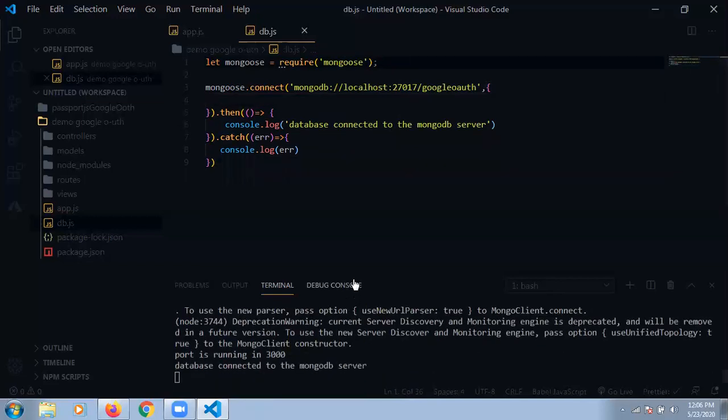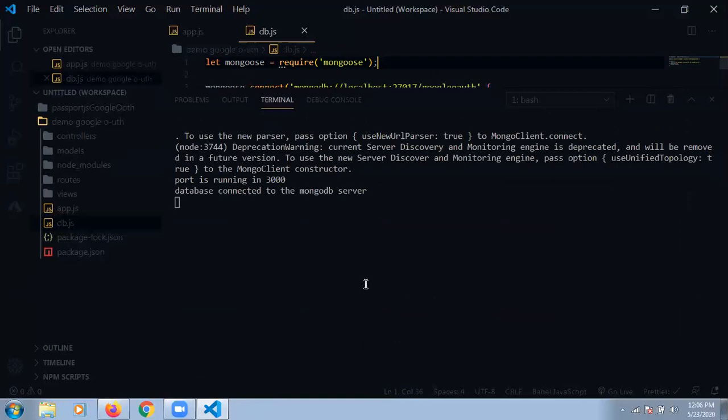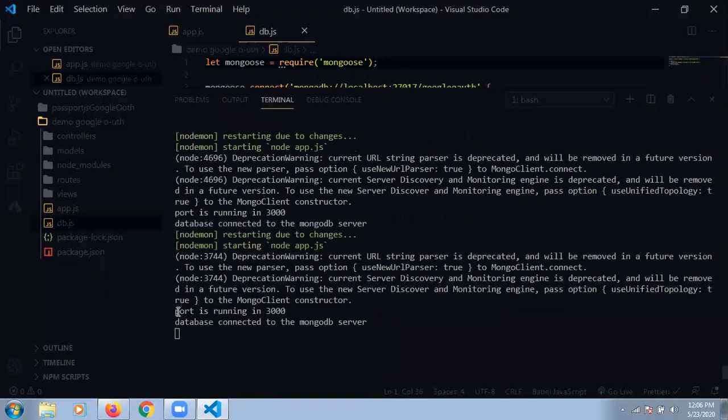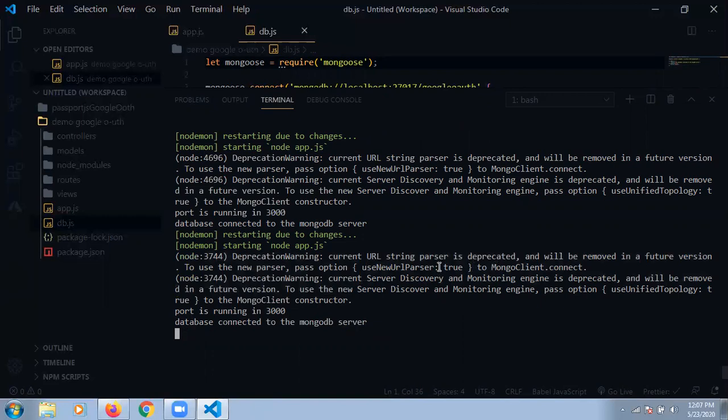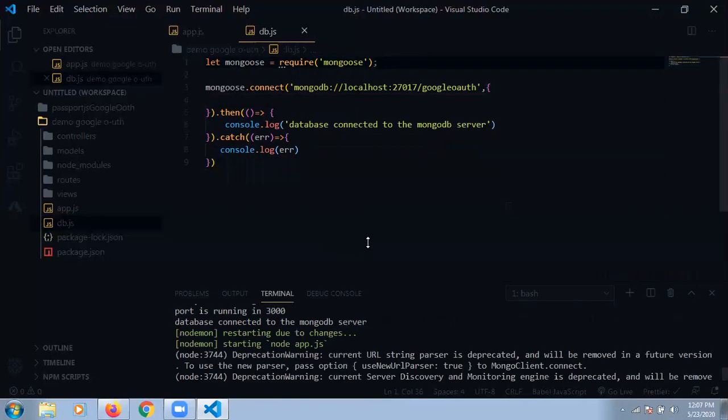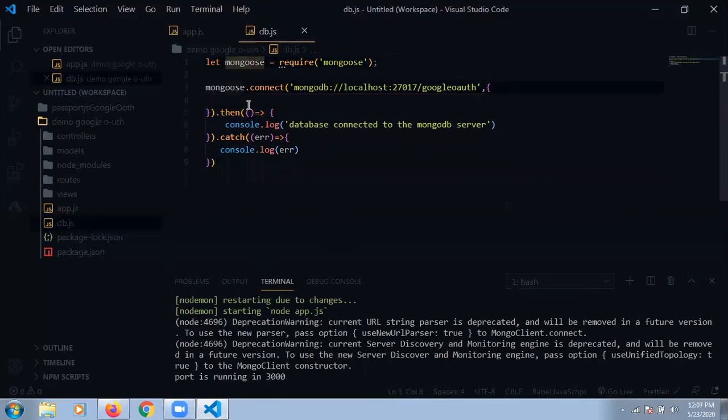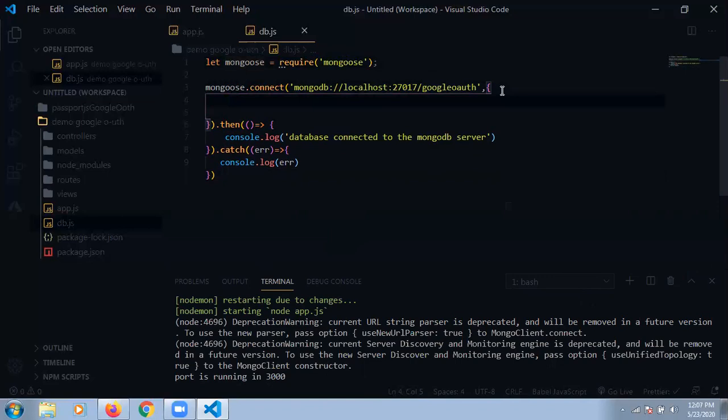You can see my database is connected. Port is running on 3000, and my database is connected to the MongoDB server. But there is some warning here, and the warning itself explains the fix. So I'm just copying this part, useUnifiedTopology, and making a second object, and inside that object I'm passing some of the rules.